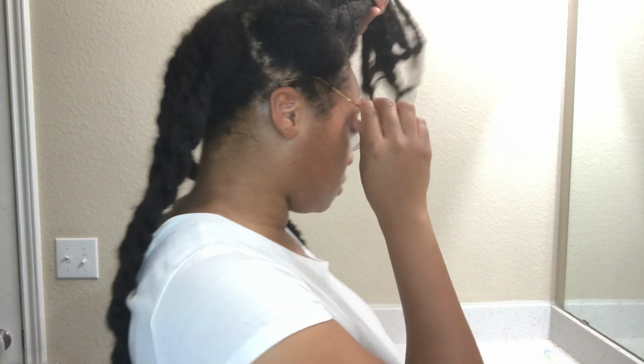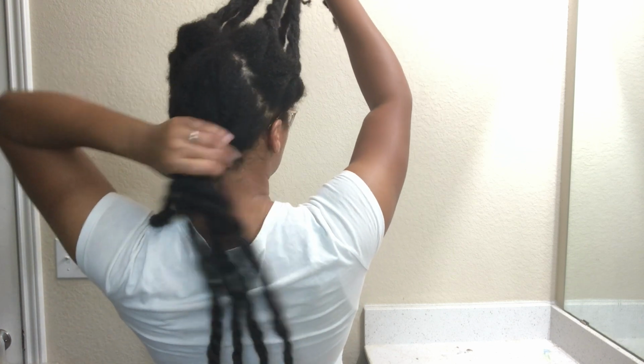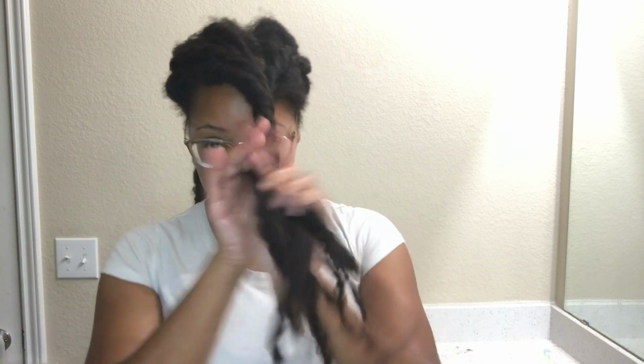So I started out with the back first, and I separated my hair into different types of sections. So I did the very back, I did the middle, I did my two sides, and then I did my front middle. And so like I said, I'm starting with the back, and then what I'm going to do is put more oil on my hair, and then I am going to detangle my hair with